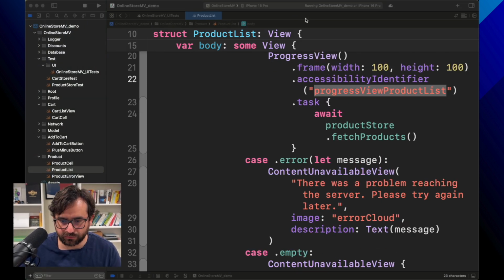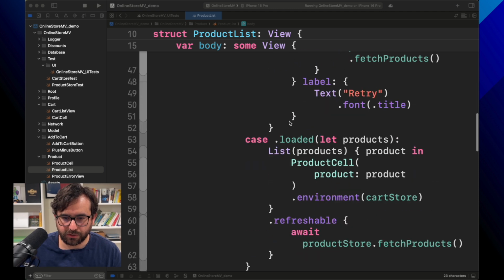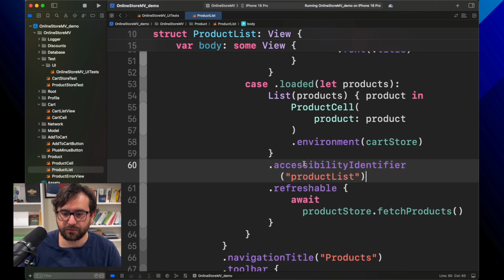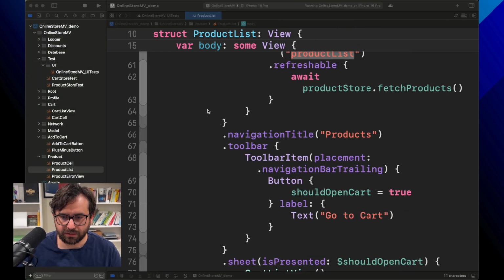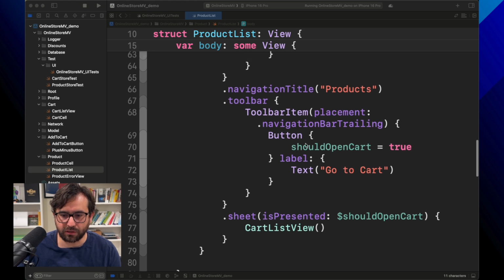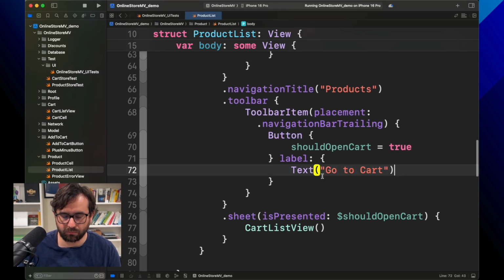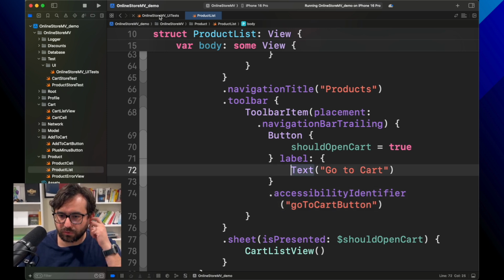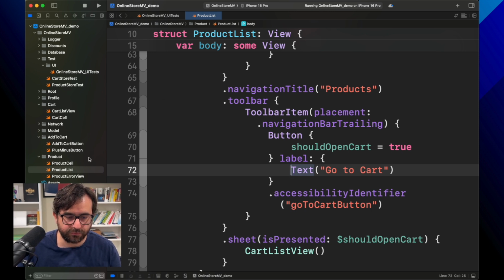And let me navigate through other components. This is the list, okay? The list you're seeing on the screen. So here I want to use accessibility identifier product list. And lastly, we have the button, the Go to Cart button. I want to add one more here. This will be really useful in a moment. Those three items for now will be needed, but also I want to add a few of them for the